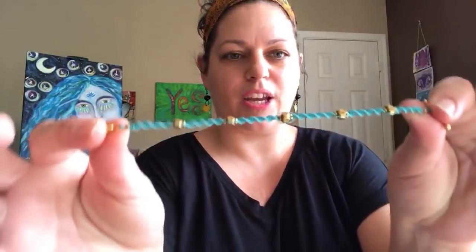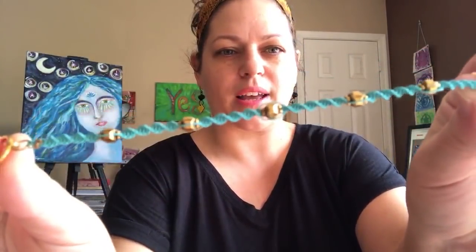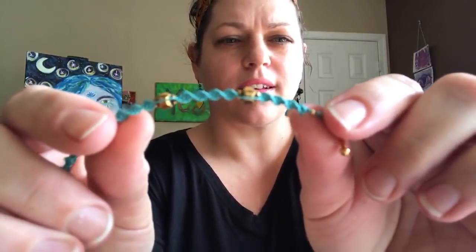And my other demo color today is the green turquoise. This one is such a pretty color. Let's see if we can get this to focus. There we go. I think that's a little bit better. So the green turquoise, you can find that color in our Serenity Trio, which is bone, green turquoise, and fluorite. And our